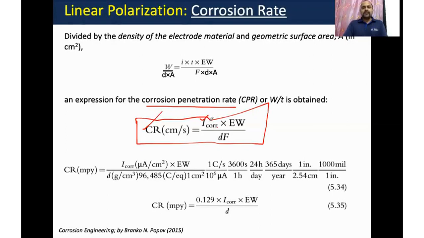Okay. So here is one relationship. There is a variety of units: milliampere per centimeter square, mm per year, mpy, gram per meter square per day. This is how you can correlate them. This conversion can be understood using this equation. Like if milliampere per centimeter square is 1, then in millimeter per year it becomes this, mile per year becomes this, gram per meter square per day becomes like this. So any interconversion can be done by using this equation.